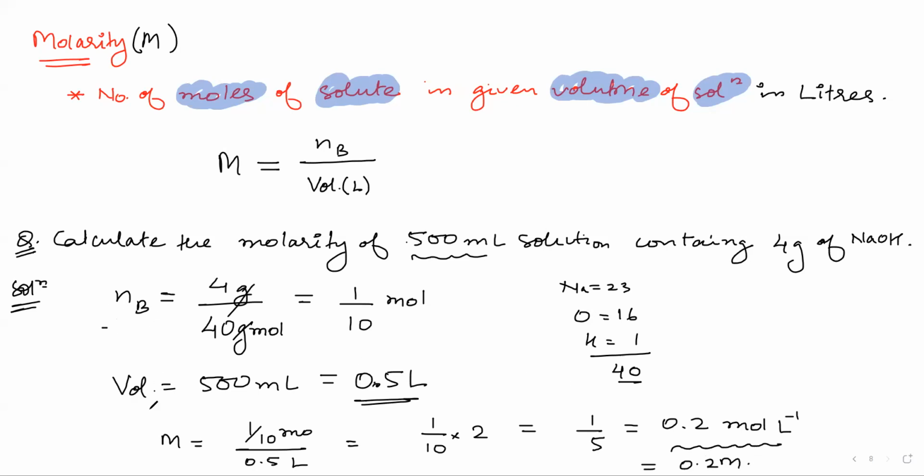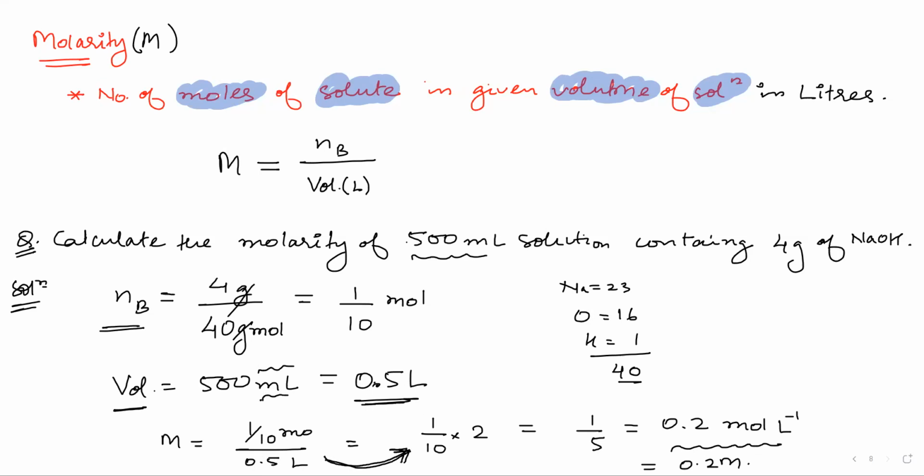The first thing that you will always calculate is the number of moles. Then you will convert the volume. If it is given in milliliters, you will convert it to liters. Whatever unit is given, you will always convert this to liters. Then we just put this in the formula for molarity, number of moles divided by the volume. Do you have any difficulty going from here to here in the calculation? Please let me know.